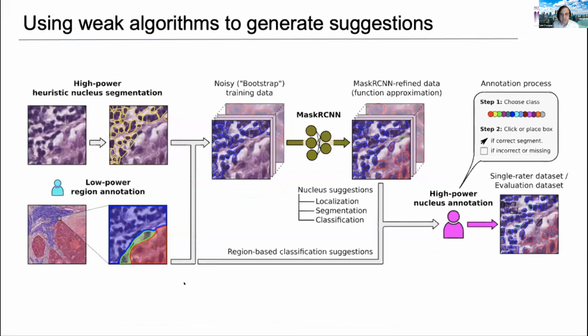One of the things that we did that I think was interesting was to use this Mask R-CNN algorithm to take our weak segmentations that we use for suggestions and improve their quality quite a bit. You can think of this as fitting a line to noisy data. We have all these noisy segmentations using just basic image analysis operations, and then we feed them into this deep learning model, which is essentially a curve fitting algorithm that operates as a function approximator. Just by doing that process, it tends to improve the quality of the suggestions we show people.